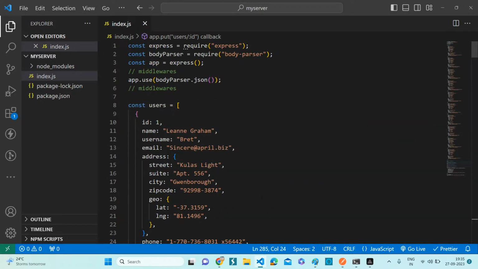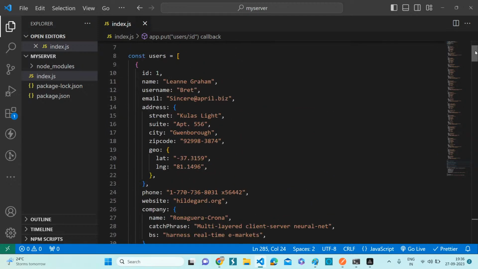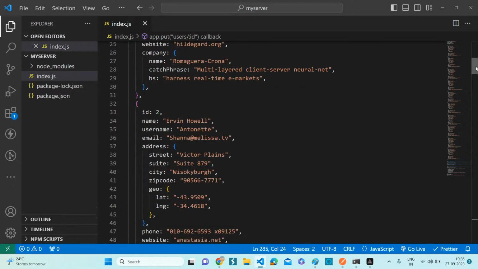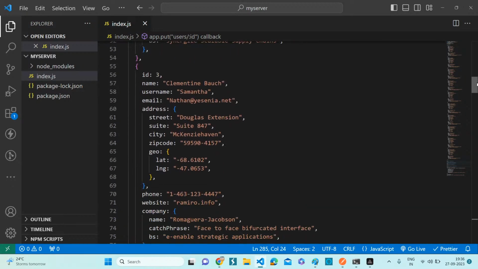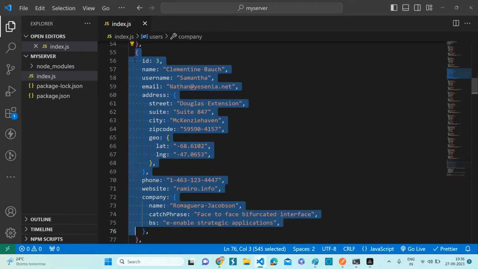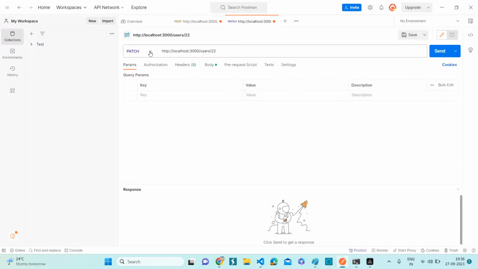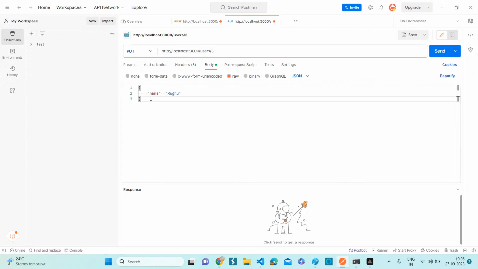So now tell me which item we can update. Bradley or Antonietti? Okay, let's go with Samantha. So I'm just copying the same resource. Okay, so we need to update it. Tell me which method we need to use. Put. What is the resource ID? 3, right? Yes. And the body we should pass is the entire